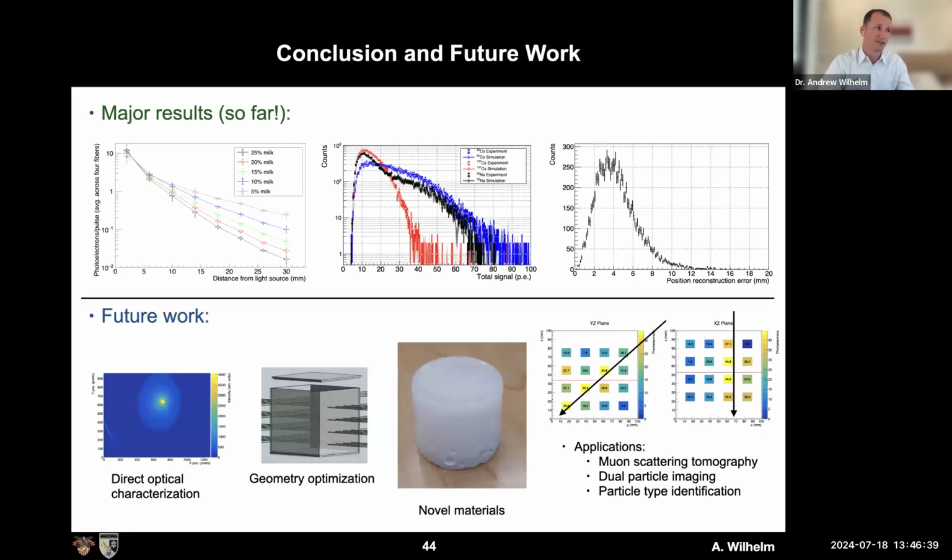But one of the first things we want to investigate is a way of directly measuring the optical properties of these opaque liquids, which again is not trivial to do, but we think we have a method in diffuse reflectance that will probably work. And then once we have a really good understanding of the optical properties of some of these liquids, we then want to create a new prototype that has geometry that is optimized for that set of optical parameters to see if we can improve upon the energy resolution and the position resolution of that second generation